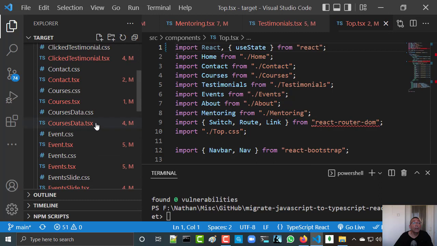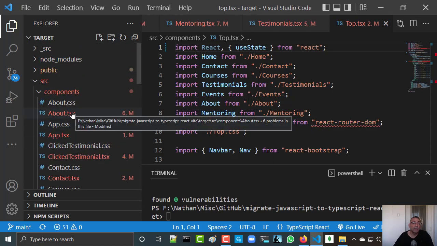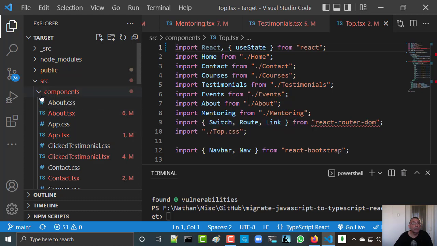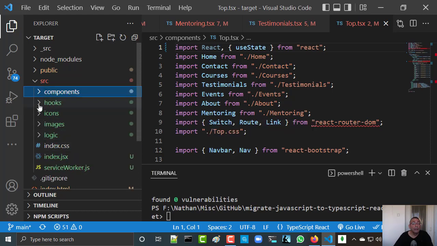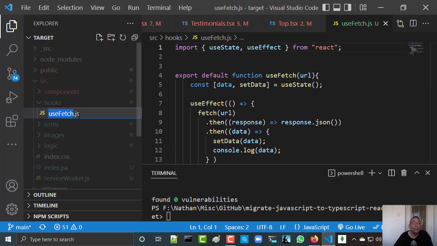Okay, so all the component extension names are changed from JSX to TSX,